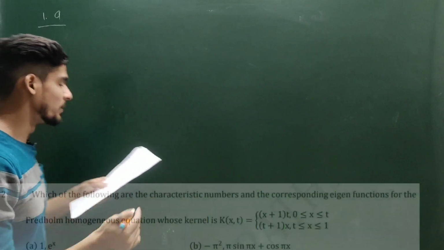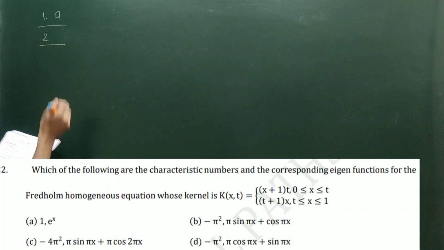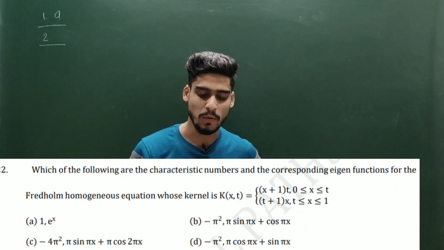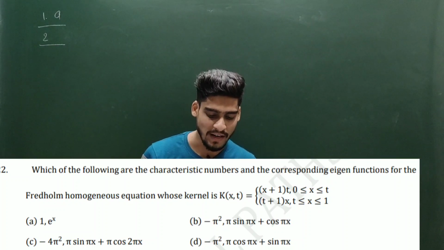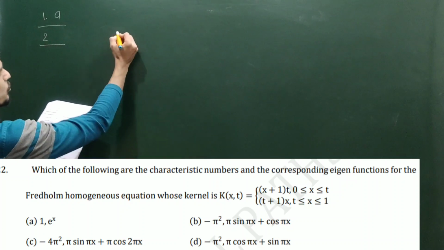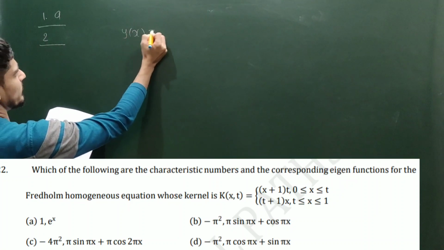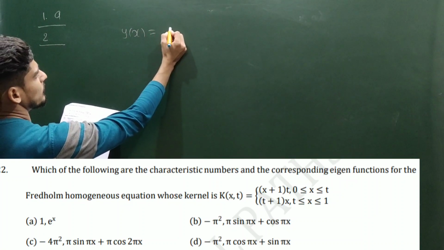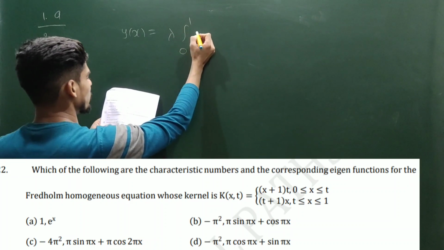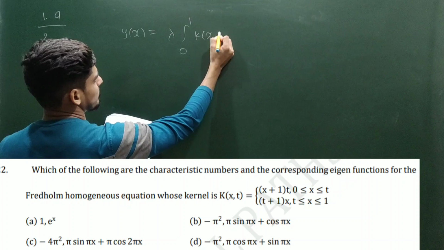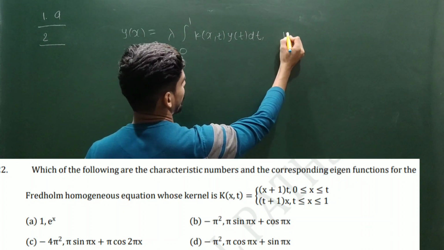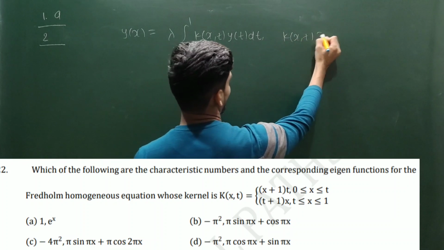Let's come to problem number 2. Which of the following are the characteristic numbers and the corresponding eigenfunctions for the Fredholm homogeneous equation whose kernel is given by this? So we have a homogeneous Fredholm integral equation, the limits are fixed, so it is running from 0 to 1, lambda times K x t y t dt, where my K x t is defined in 2 slots,